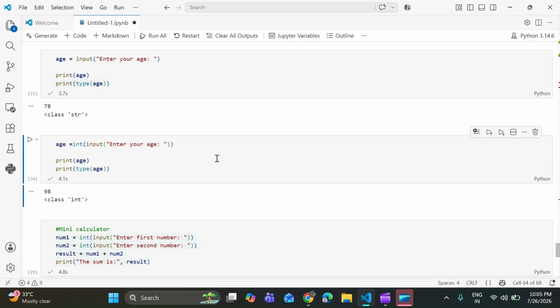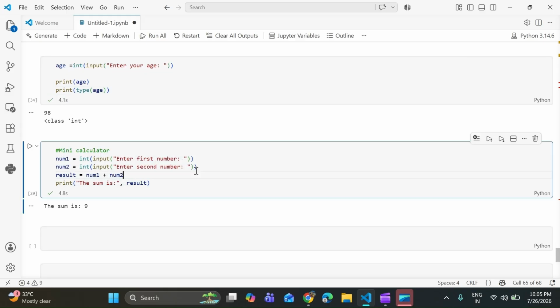Let's build a mini calculator. Here I want two inputs from the user, num1 and num2, as integers. I use the int function for the integer type.